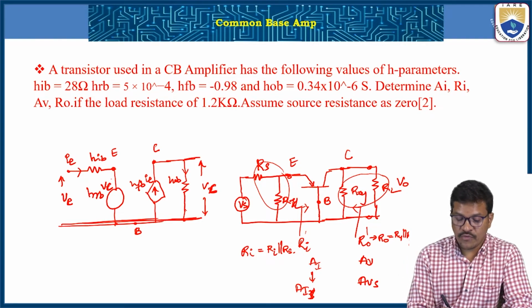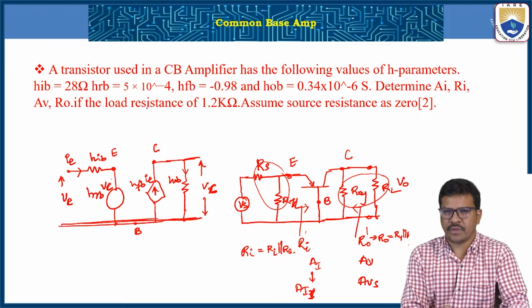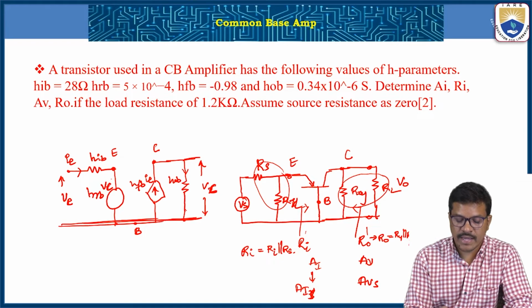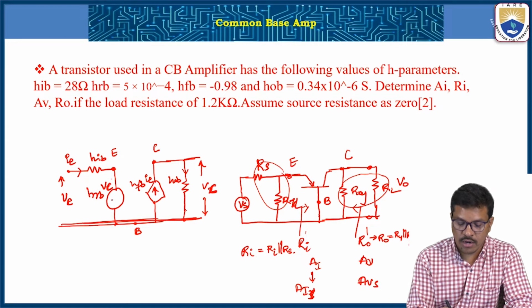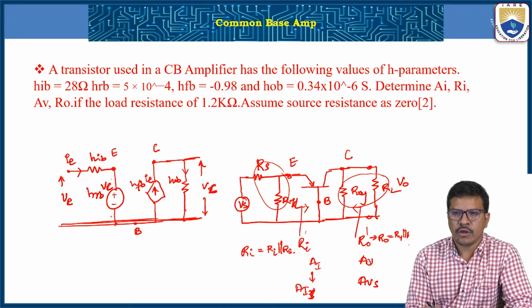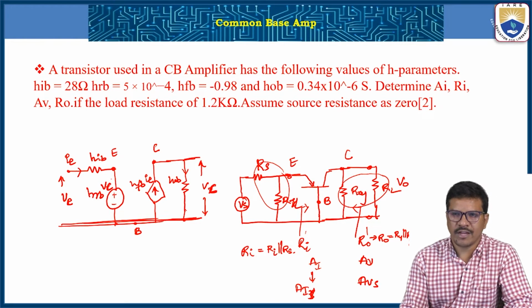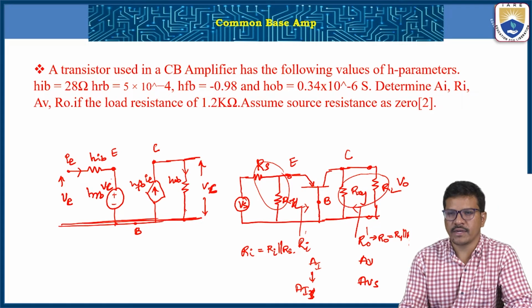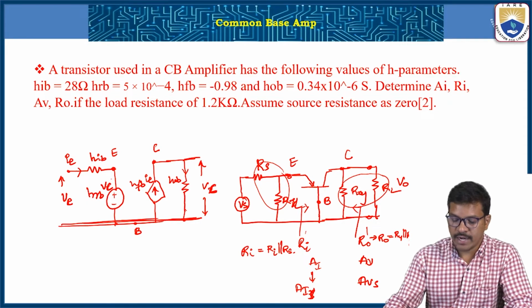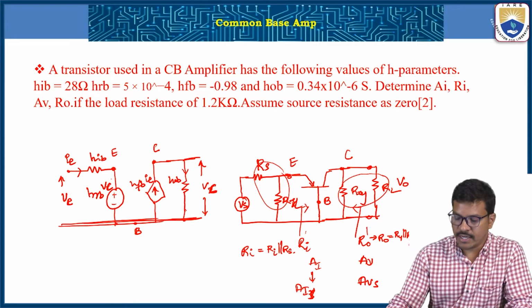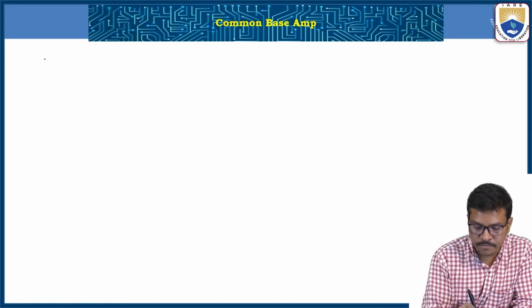Now, how to find out this problem? To solve this problem, consider all these H parameters for the transistor model, and sometimes the problem is given with an external circuit also. By considering external circuits, we will find out these four parameters: input impedance, output impedance, current gain, and voltage gain. For this problem, I would like to give the data. The given data for this problem,